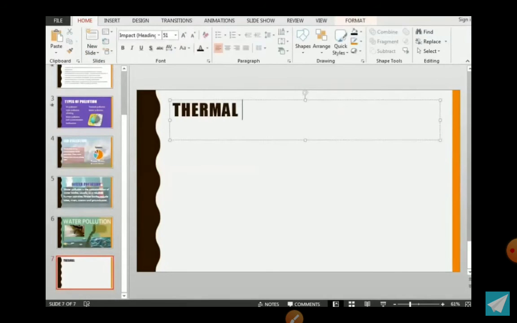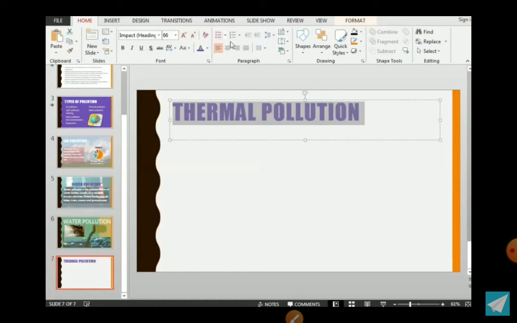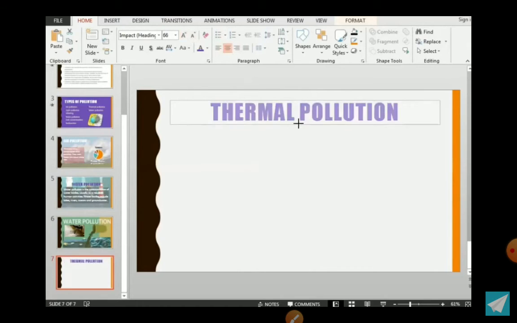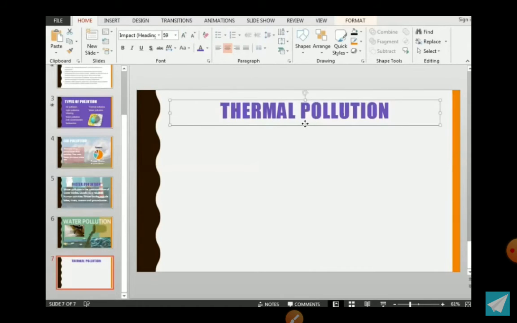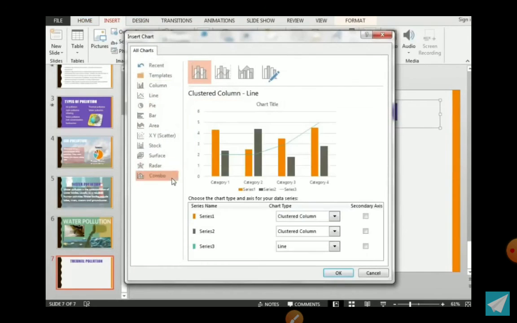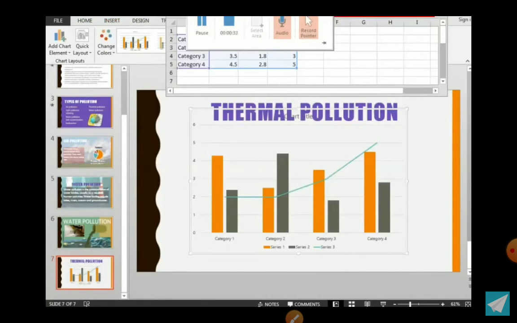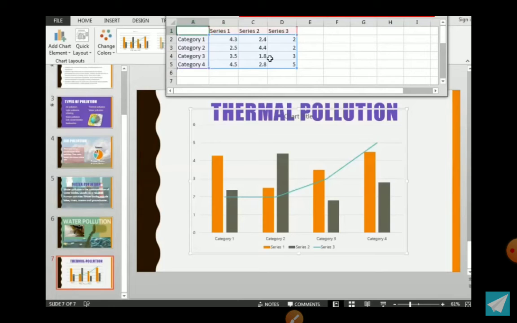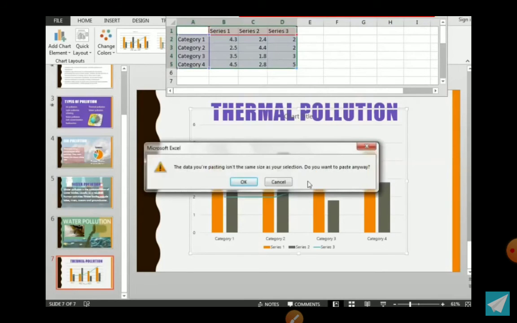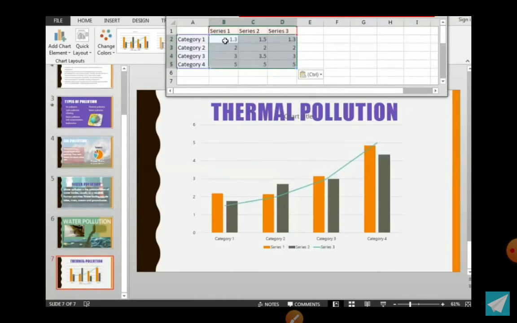New slide, thermal pollution. And then font color, adjust the size, center alignment, and then we have to insert a picture or chart. That is a chart. We'll insert the chart from the Excel. That is the data from the Excel. We need to rename the data. Okay, so that is about the thermal pollution,